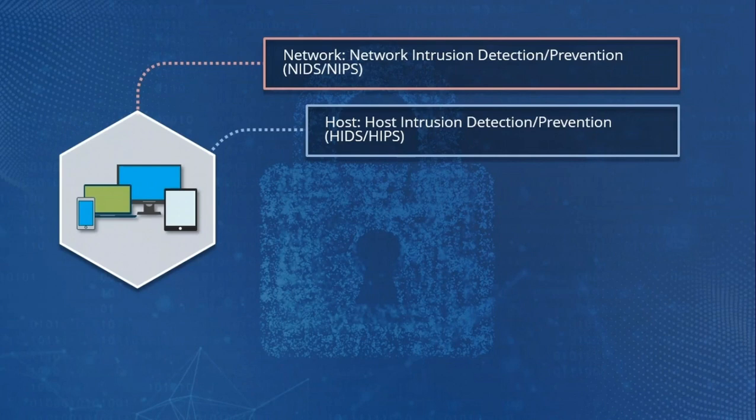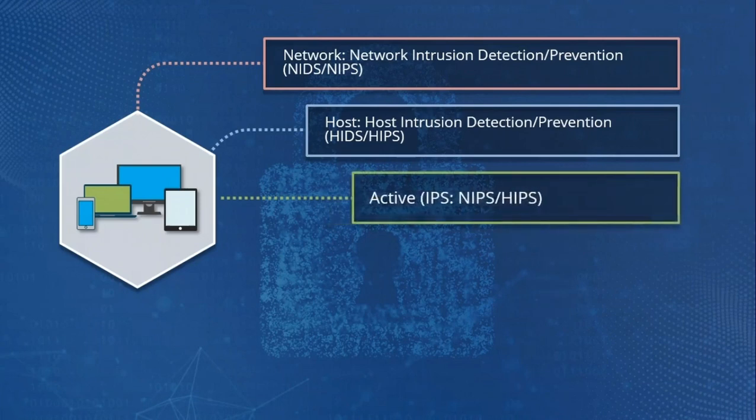Then we can look at how they behave. The active is what we now call an intrusion prevention system. Whether it's network or host based, it's still active. What that means is, if it detects a possible threat, some activity that registers either as a signature attack or anomalous behavior that might be an attack, an intrusion prevention system will not only notify the administrator and log the event, but will shut down the traffic.